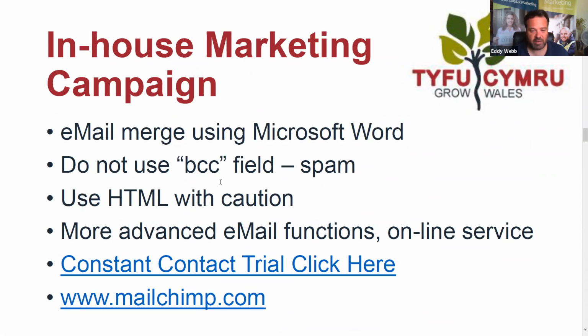Don't use the CC field. If you use the CC field, the carbon copy field, then you're actually breaching data protection. If you use the BCC field, then it won't get through because it will be classed as spam. So you need to be using something like Mailchimp, and to be totally frank with you, the only reason this